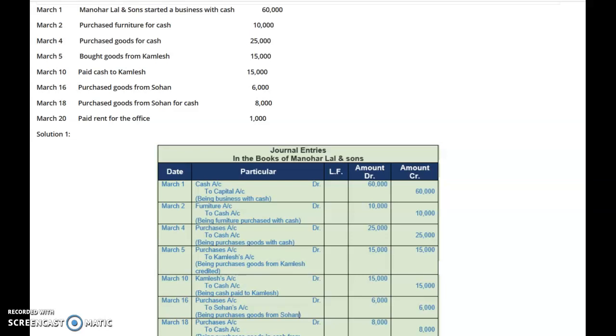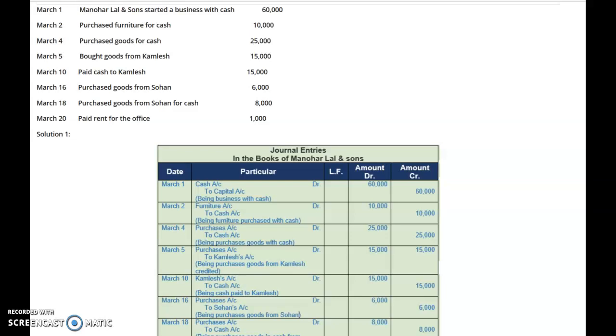Now, what does the rule of the real account say? Debit what comes in. What will we do? We will debit the purchases account here. See, purchases account being debited. Second account is of Kamlesh. Kamlesh account is a personal account, and the rule of personal account says debit the receiver and credit the giver. Now Kamlesh is the receiver of the goods or the giver of the goods? From the transaction it is clear that Kamlesh is the giver of the goods. She is giving the goods to the business. So credit the giver. So we had credited the Kamlesh account.